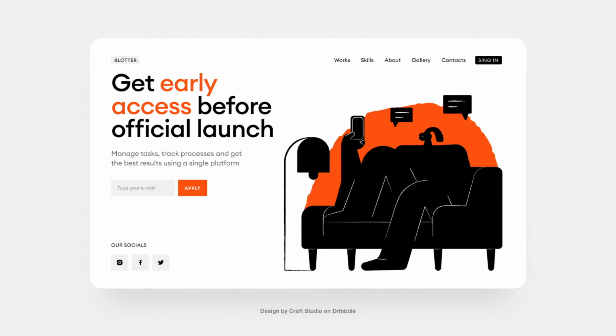The third tip is contrast, which piggybacks a little bit on the previous tip. There's a few ways that you can provide contrast. In this example, the designer is using color as a way to provide contrast. The design is primarily black and white, but they chose to use this bright orange-red highlight color as a background for the illustration, for the CTA button, and to highlight the words "early access" in the headline. But another way to achieve contrast would have been to use a bold font instead for early access and kept it all the same color. It would also achieve contrast.